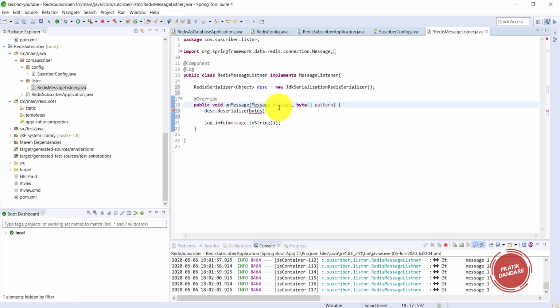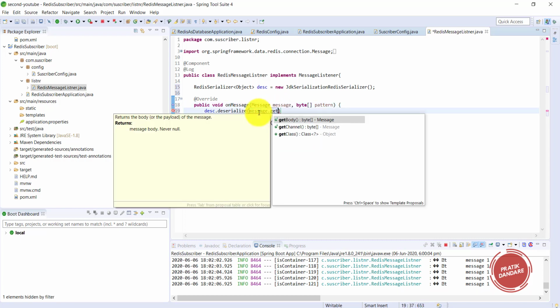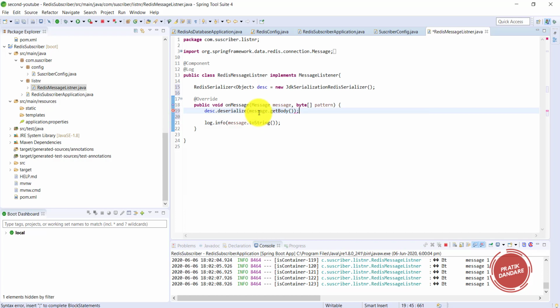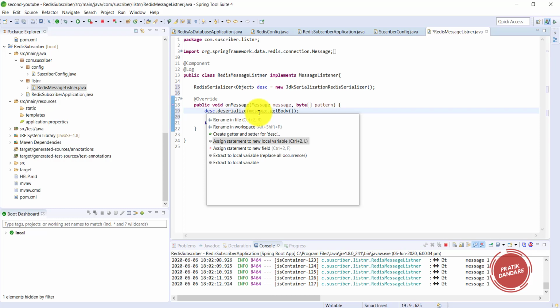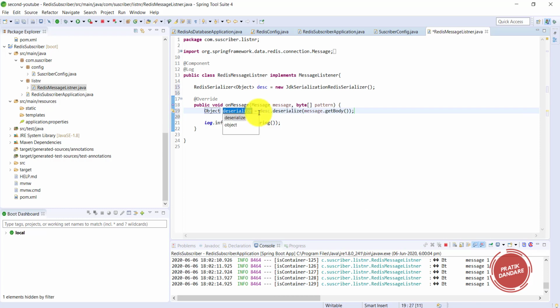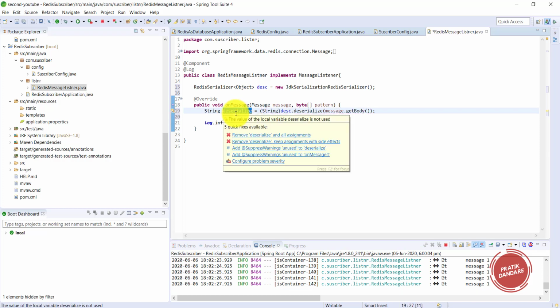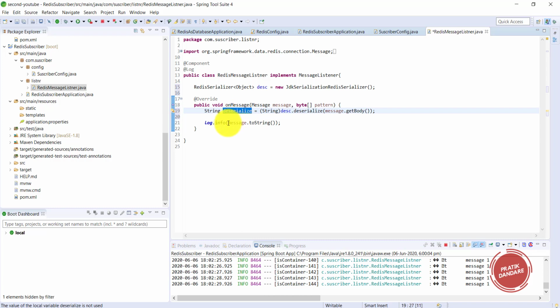So I'm getting message.getBody. We are sending a string from there and getting a string here, so I typecast it into a string. It's nothing but a string, so I'm putting it inside the info.